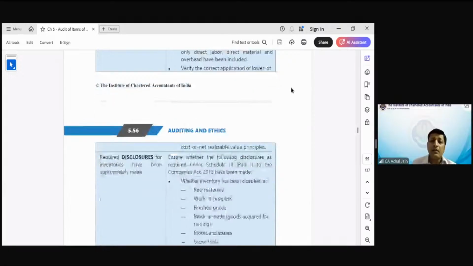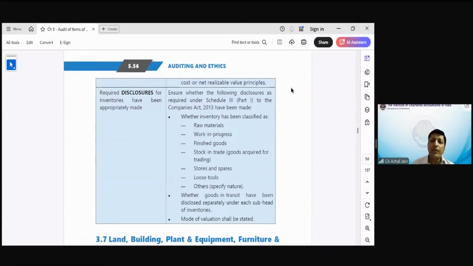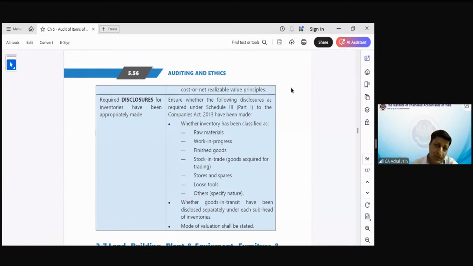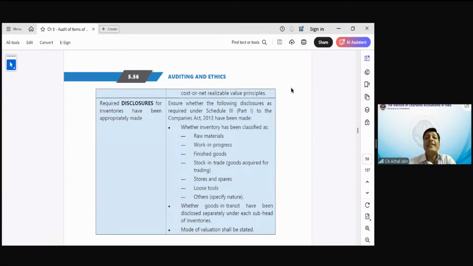Then, of course, if we look at the last procedure, as we have been discussing, this is something universal, which you get to see everywhere, and that is presentation and disclosure requirements. But I think this becomes relatively simpler. Why? Because herein you have this fairly simple presentation requirement of breaking down the inventory into various items: raw material,